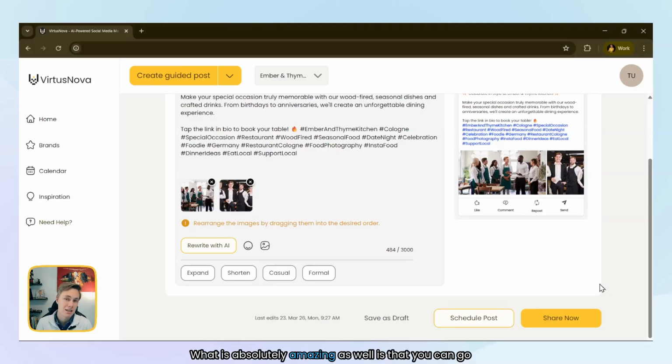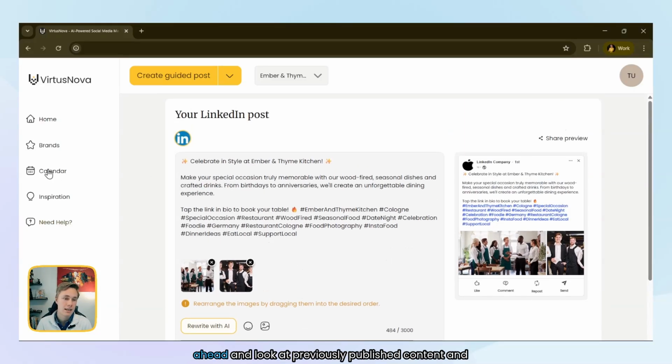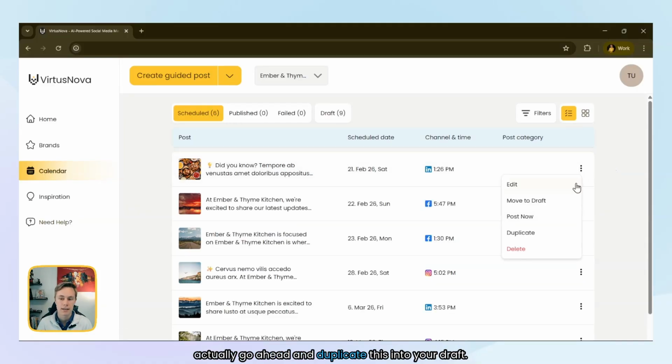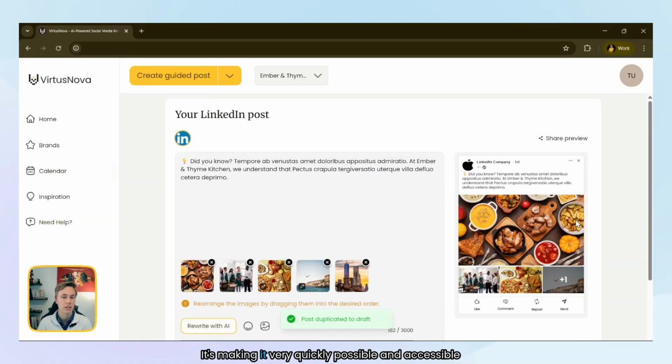What is absolutely amazing as well is that you can look at previously published content and duplicate it into your drafts, making it very quickly possible and accessible for you to repost content that, for example, already worked well in the